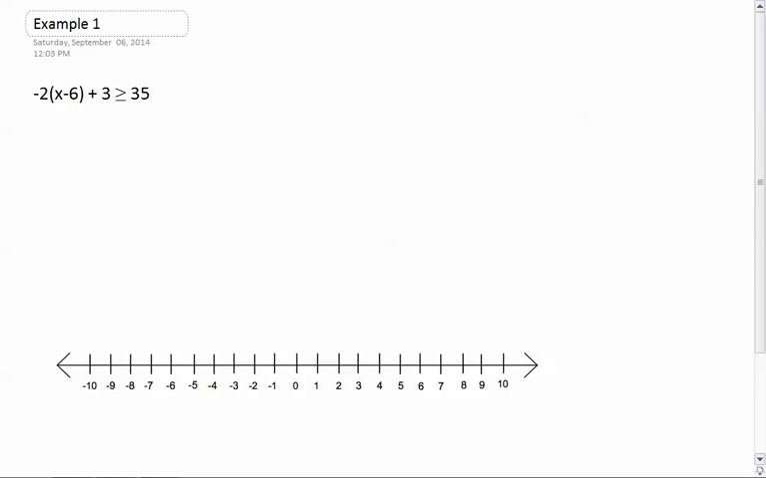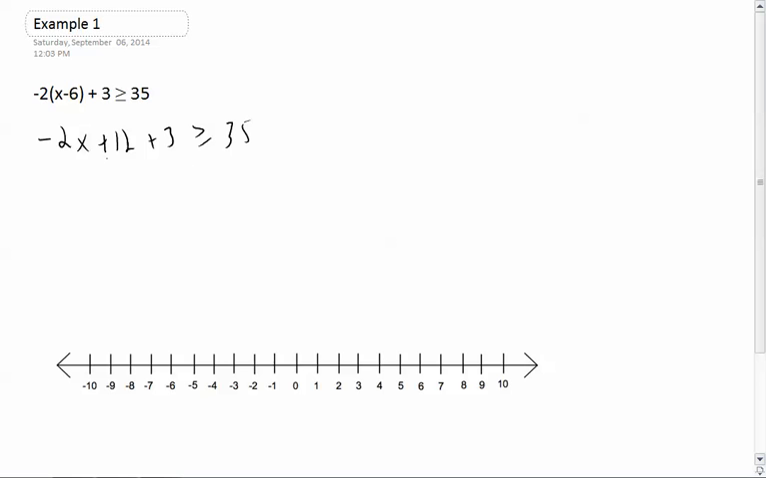All right, let's go through a couple of examples here. You'll see this one here. Well, I'm going to just treat this just like I would with algebra here. So I'm going to distribute this through there. What I'm going to get here is negative 2x plus 12 plus 3 is all greater than or equal to